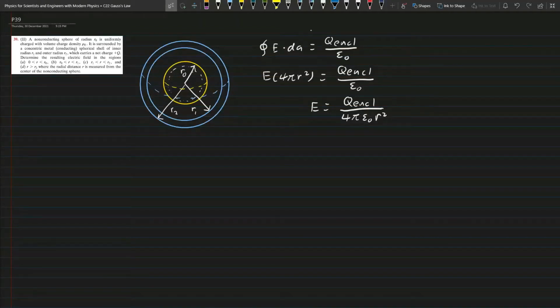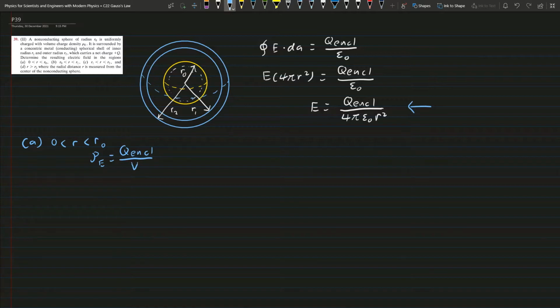We start with Gauss's law, and in this case, this is the sphere case. So we have our Gaussian surface equal to 4 pi r squared, and we get our expression for the electric field. We start with A. We are finding this electric field where r is less than R naught. So we first relate this charge density with the Q enclosed,